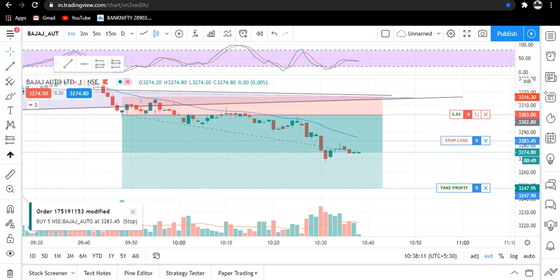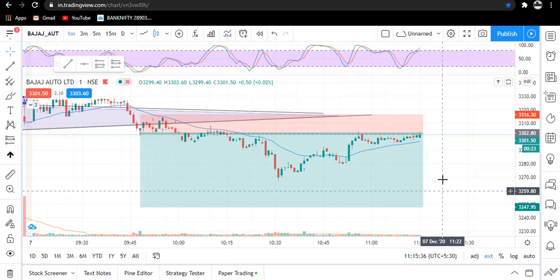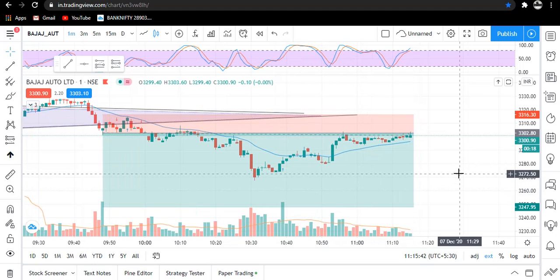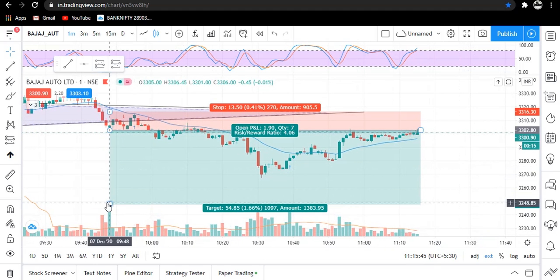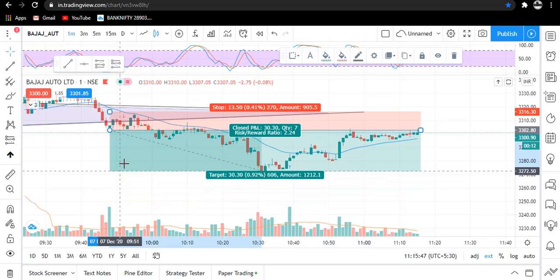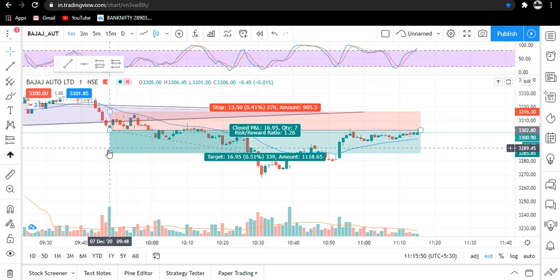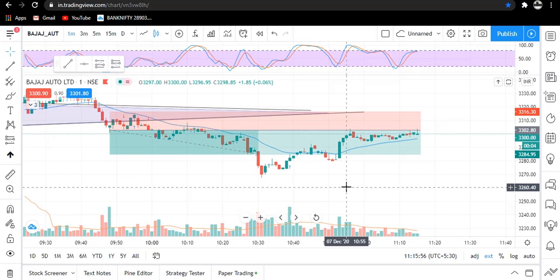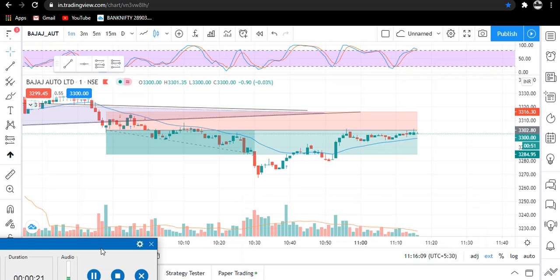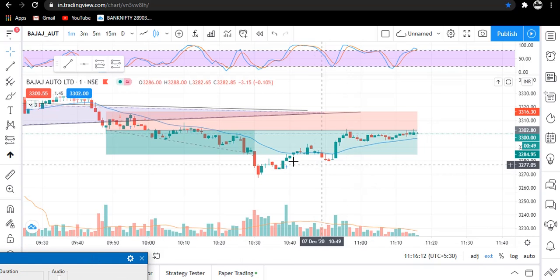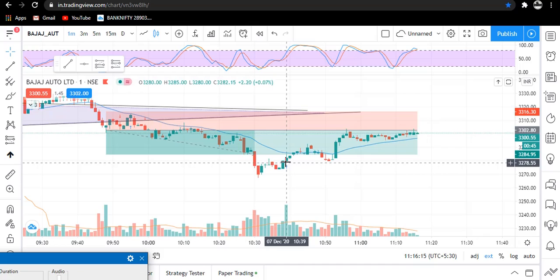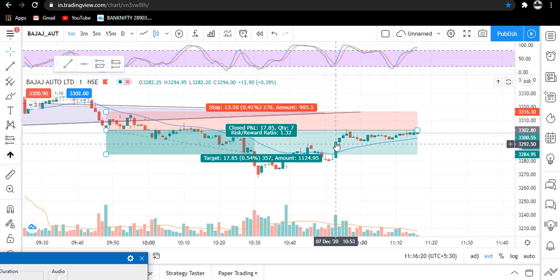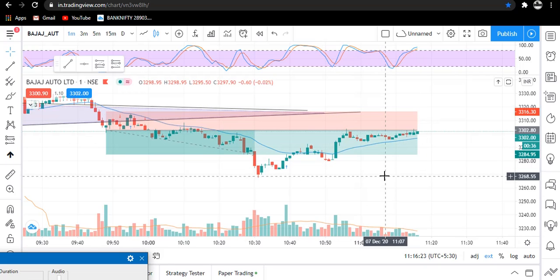So now traders, I am again pausing the video. So traders, here you can see that our trade stop loss got hit. Okay traders, so what did we get? Traders, we exited our trade, or our stop loss got triggered here at this candle, and we got a risk reward ratio of 1:1.32, which is also good.